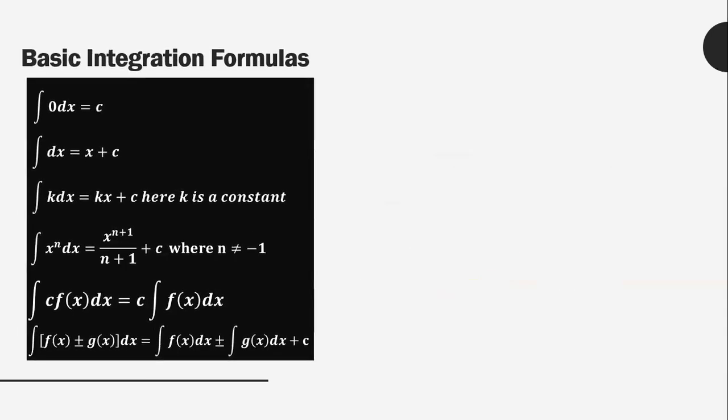Let's have example number 4. The integral of dx over x raised to 8. So notice that we have a problem here because we cannot use the power rule. So instead, we rewrite first our integral. So we do the rewriting. So that's the integral of x raised to negative 8 dx. So when the exponent is positive and you put it on the other side, which is the numerator, it becomes a negative exponent. Then dx will be in line with that